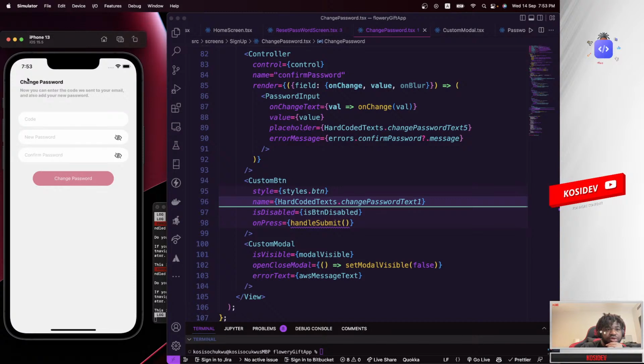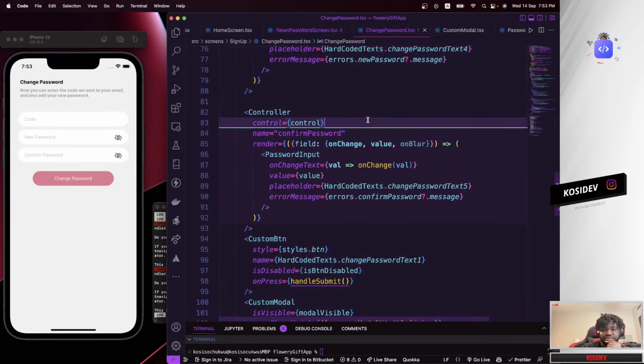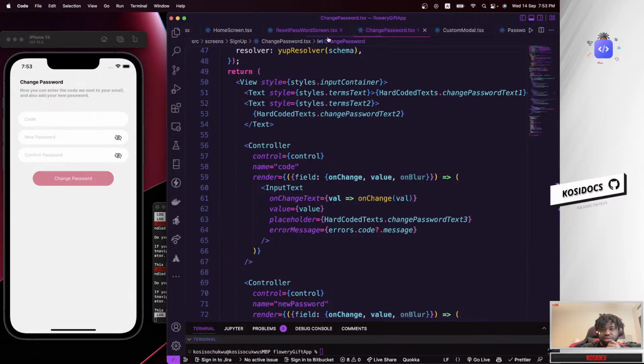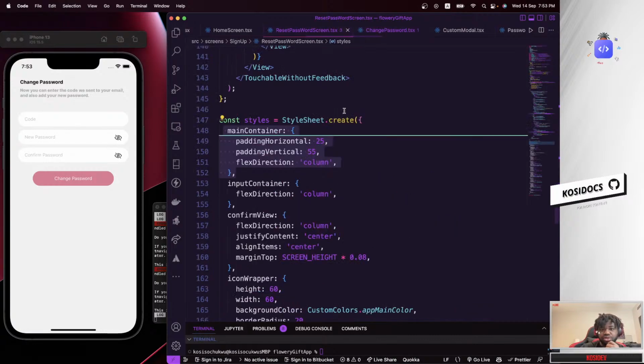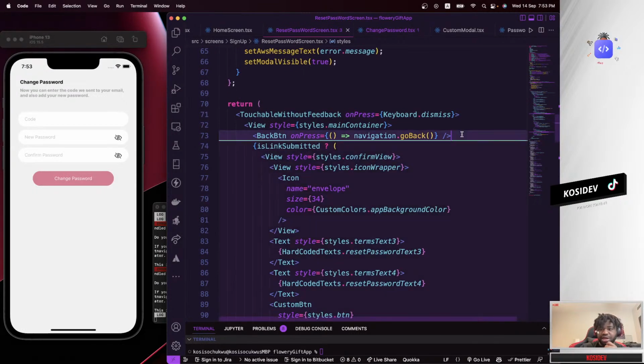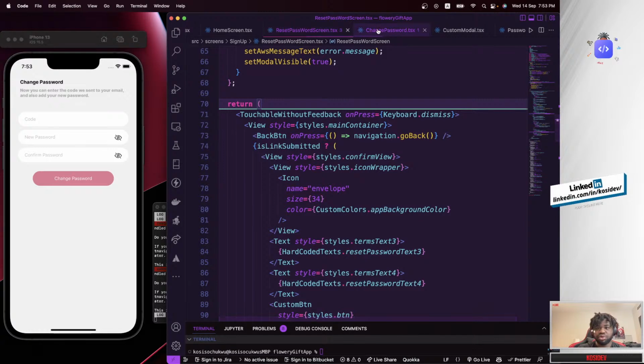So what if the user does not want to change their password? What if they want to go back? I think we are missing something. If the user does not want to change their password, they'll just want to go back again. We need to add a back button that will navigate them backward to any screen they came from, and that should be